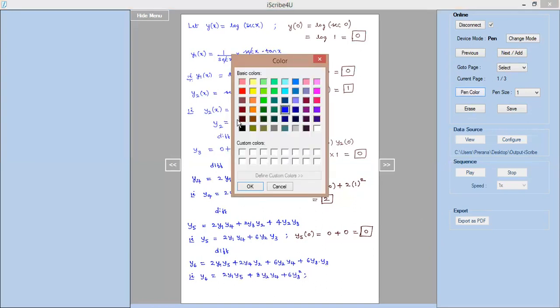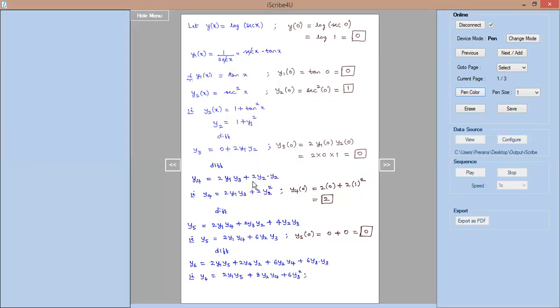Now at the given point, that is at the point 0, we have y6 of 0 is equal to, the first term is 0 because y1 is 0. The second term is non-zero because for both y2 and y4 we have an answer. y2 is 1, y4 is 2. So we have 8 into 1 into 2. 8 2s are 16. So we have 0 plus 16 plus y3 is 0, so the third term is also 0. So we have 16 as the answer for y6 of 0. y6 of 0 is 16.